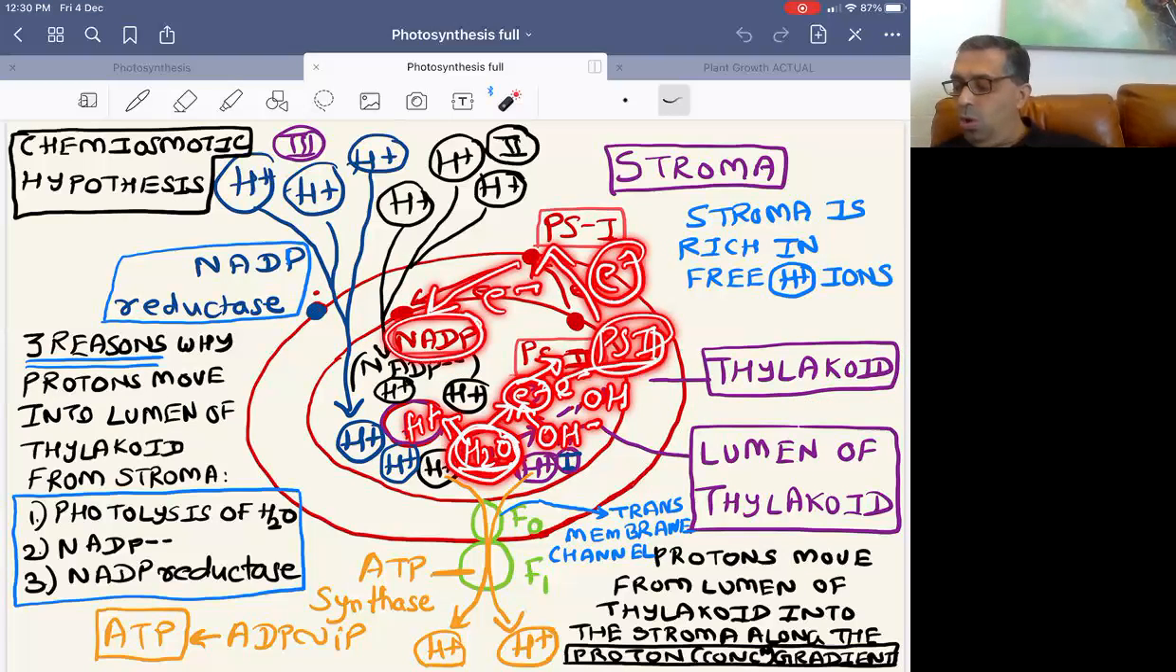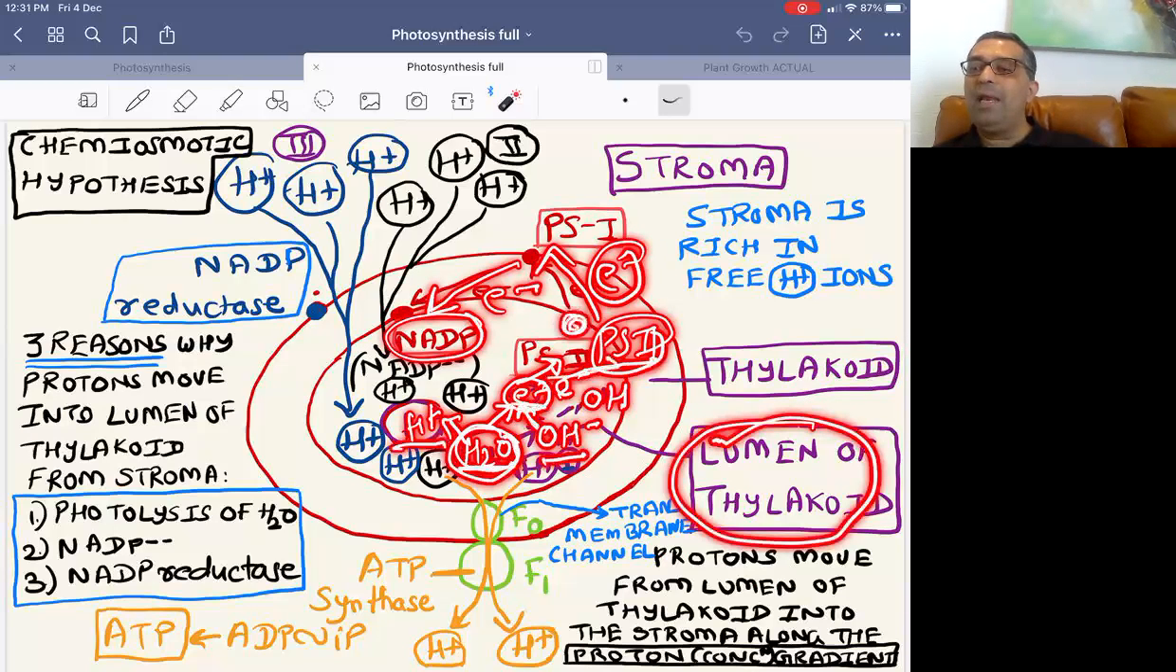Chalo, so H2O has split to form H plus and OH minus. OH minus का electron has gone to PS2 and brought PS2 back to a ground state. But where has this photolysis of water taken place? Photolysis takes place in the lumen of the thylakoid, क्योंकि PS2 was found on the inner membrane. तो PS2 inner membrane में है, so photolysis takes place in the lumen of the thylakoid. And what does H2O split to form? H plus